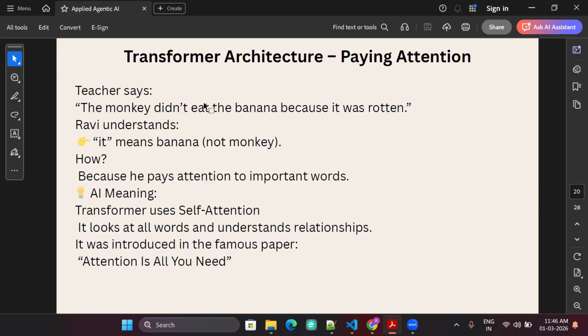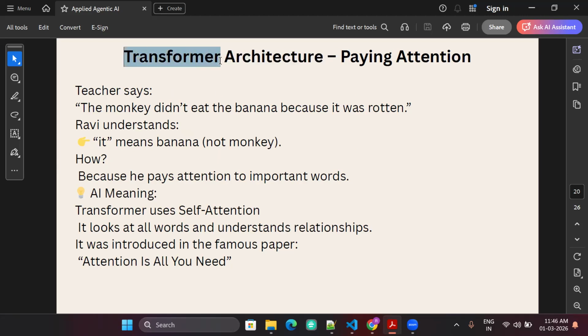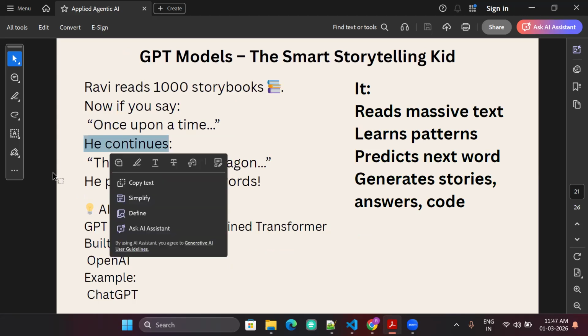And now if you talk about how the OpenAI company built this GPT on top of the transformer architecture, basically you give this transformer architecture maybe thousands and tens of thousands of books, let's say storybooks. And in those storybooks, a lot of things were written, like "once upon a time," and then it continues.